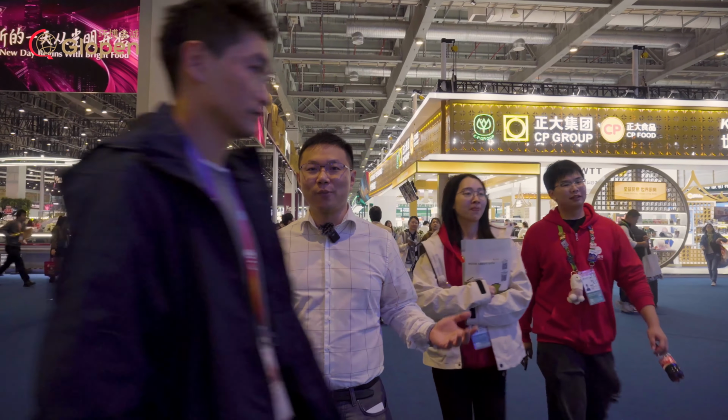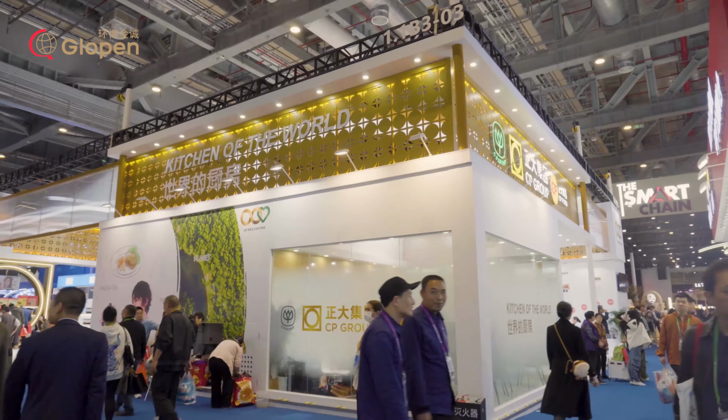So we are now in the Food and Agricultural Products Hall. And apparently this hall is the most popular hall amongst all, right? You can see all the people behind me. There are so many people walking in front of me now. And I think it's just because during the weekend, there are a lot of citizens that wanted to visit here and